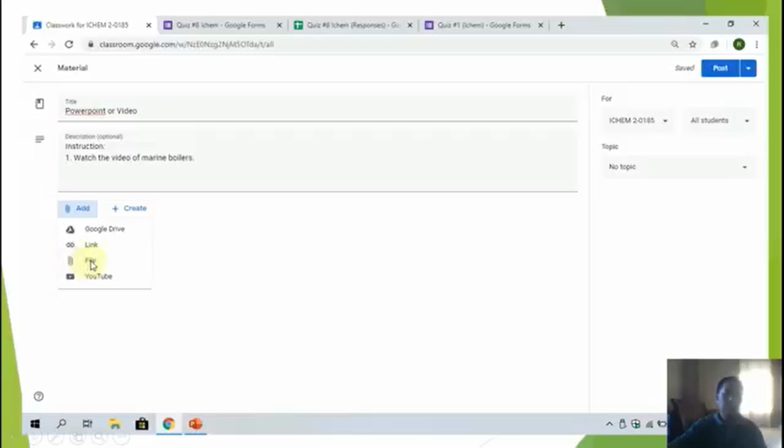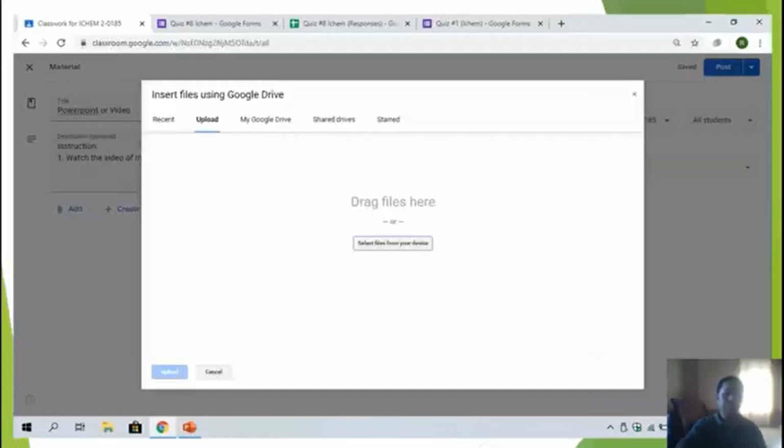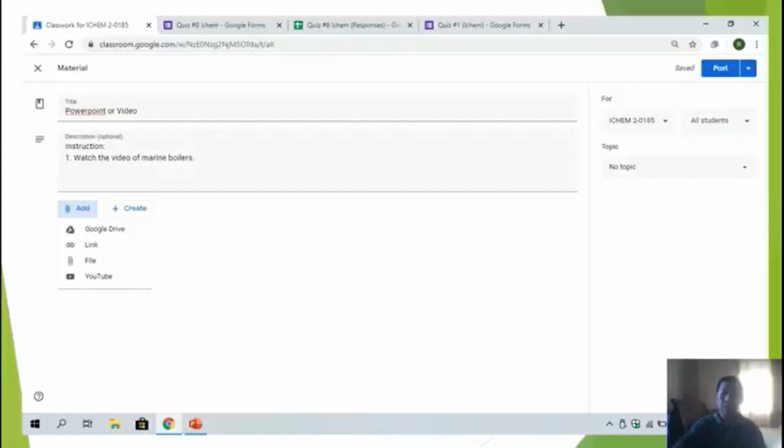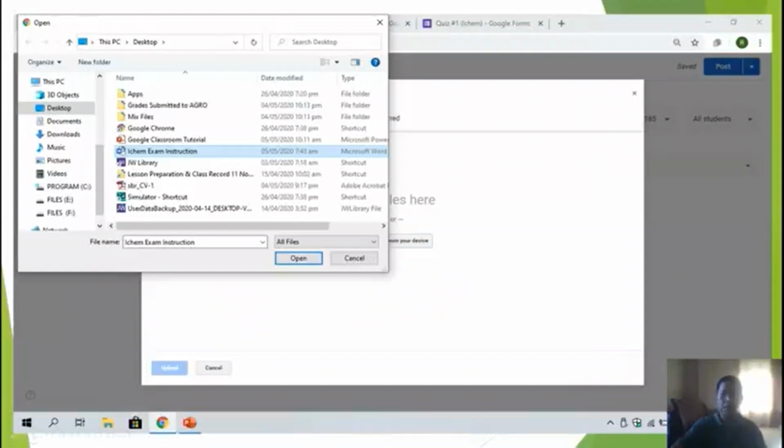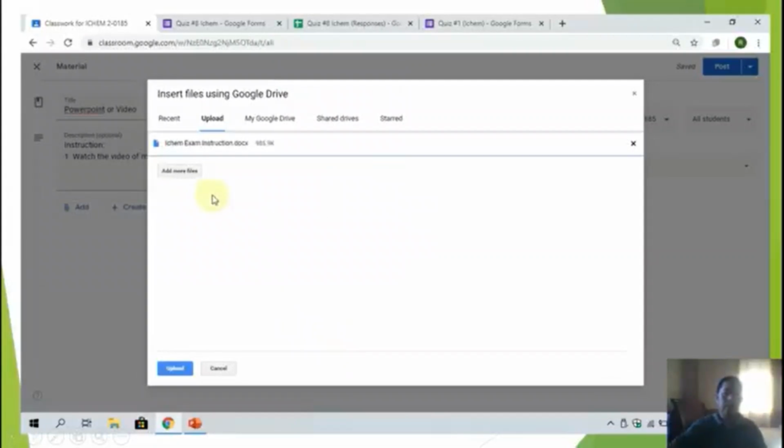So you click this one. Because I already have files in my computer which I have to assign to my student, when you click this file, this one will appear. Click files from your device, which is your computer. This one I give as an example, IChem exam instruction example. So I click open. When I click open, this one will appear here.